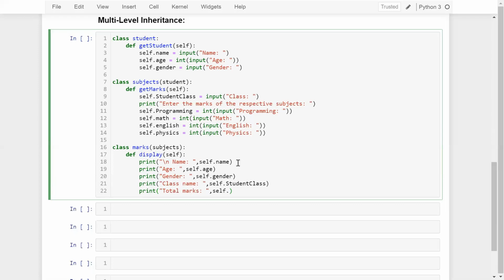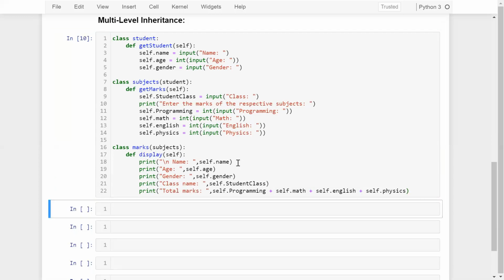So first of all, I'm going to pass my programming plus self dot, let's say math, and self dot English and self dot physics. Okay, so you can see that simple.